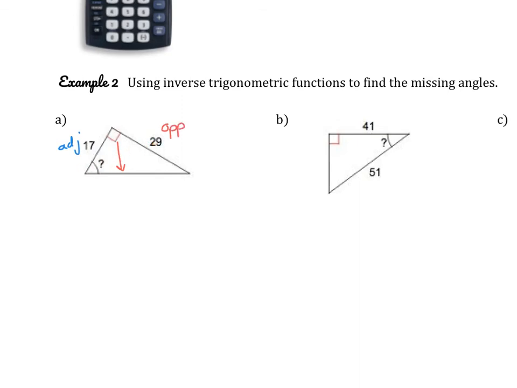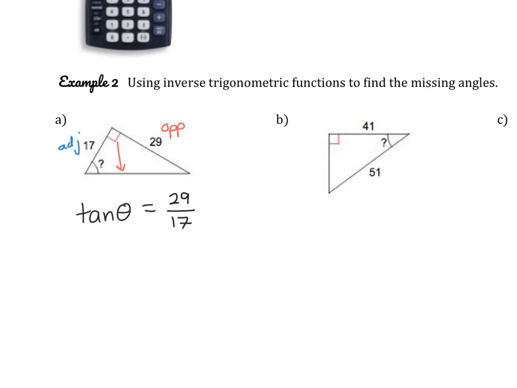So I'm still going to set up our trig ratio. I say, what uses opposite and adjacent? And that answer is tangent. So this time we say tangent of theta, because we don't know what this angle is, equals, by definition, tangent is opposite over adjacent. So we say equals